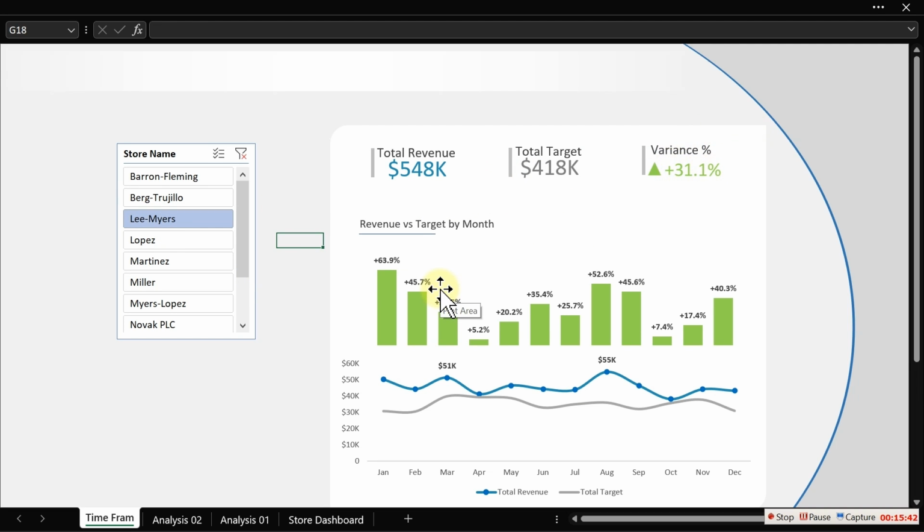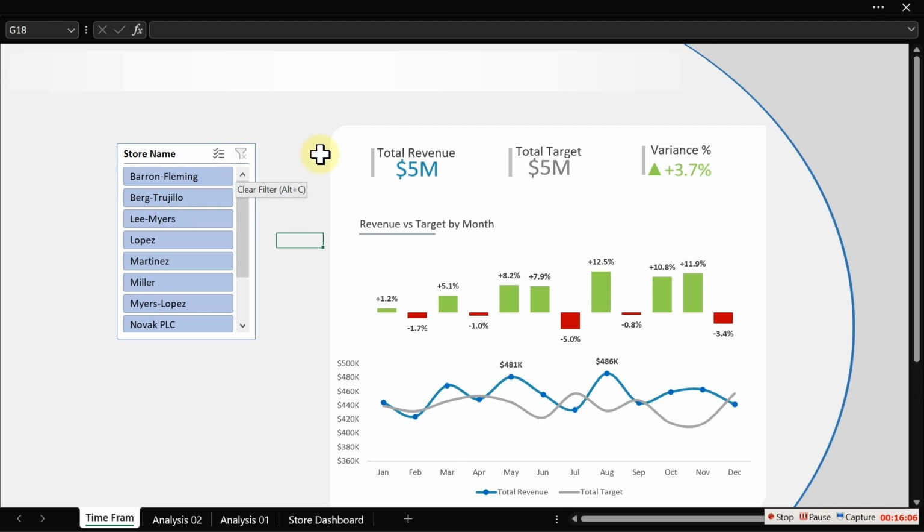The reason why we have plus 31 now is because all our months are actually up, even though some of the months have some kind of red, where the target is beyond the revenue. So we're still going to have something very positive if we have more months that have some kind of positive return. Now, if I clear the filter away from here, you can see we have just 3%